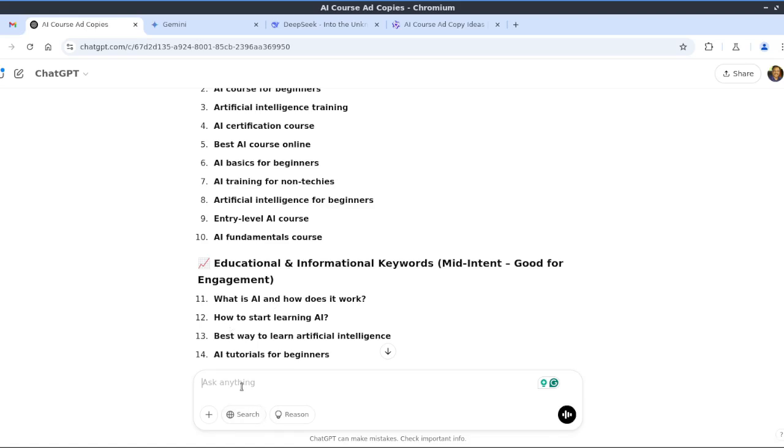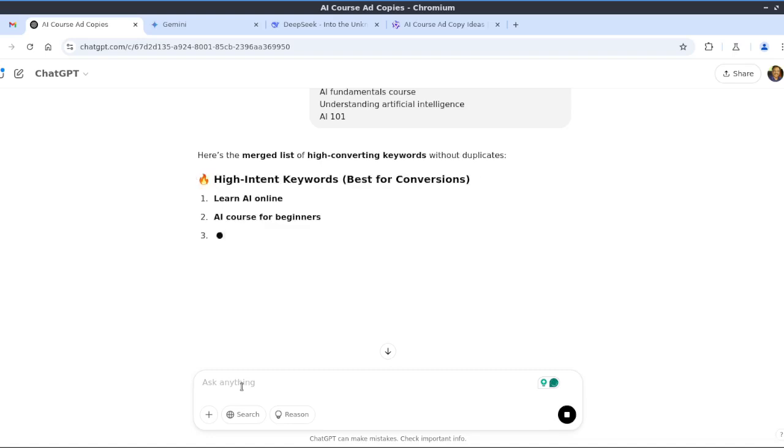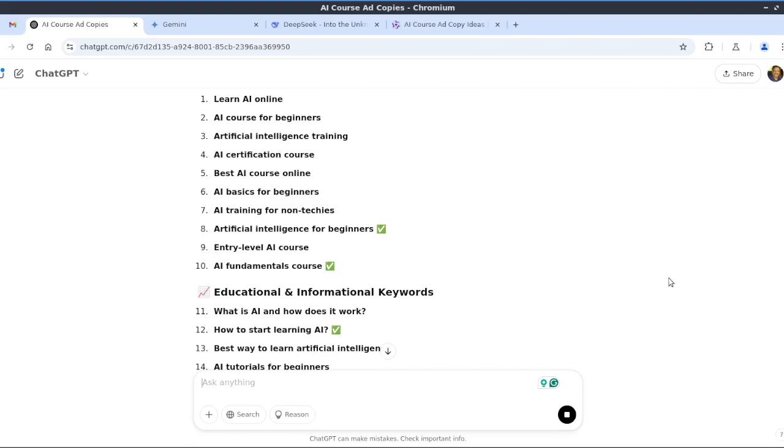Okay, merge these things, like include these keywords also, and give me the final list. Give me the merged list without any duplicates. Okay, it will combine both things, and it will give you a unique list of keywords. Okay, so it is one way of